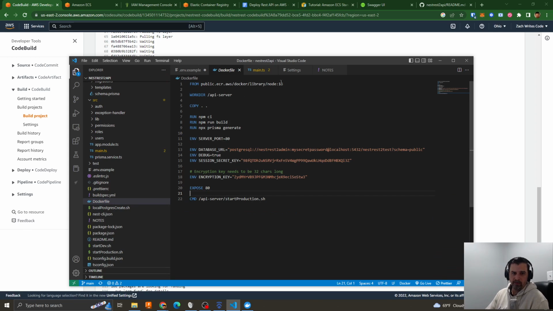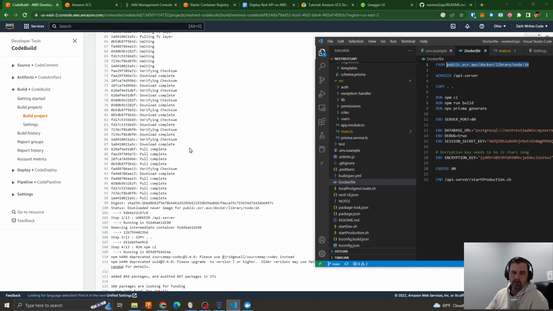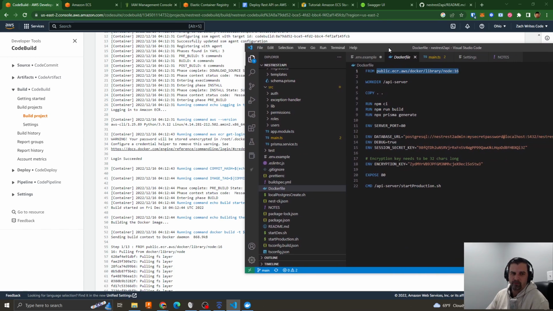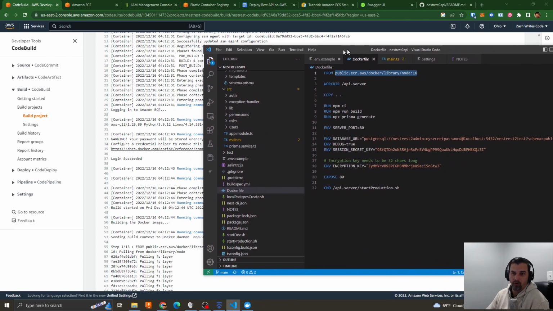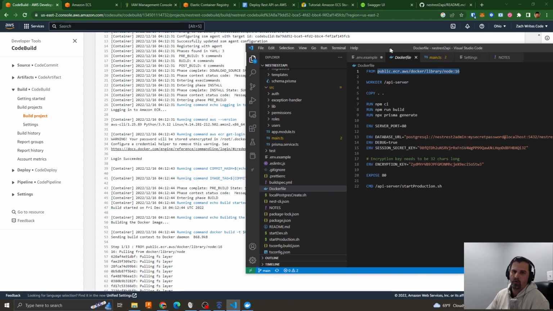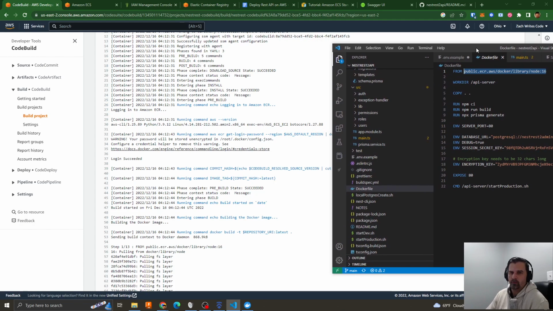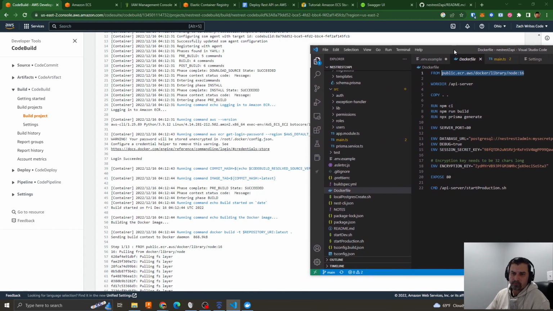So one thing that I found interesting is I was pulling from Docker Hub, and one time my build failed, and it was a Docker Hub API rate limit error. It said, you have exceeded basically your rate limit. We weren't able to pull node 16 anymore. And I'm like, what are you talking about? And so I did a little Google, and of course Google found and said, yeah,